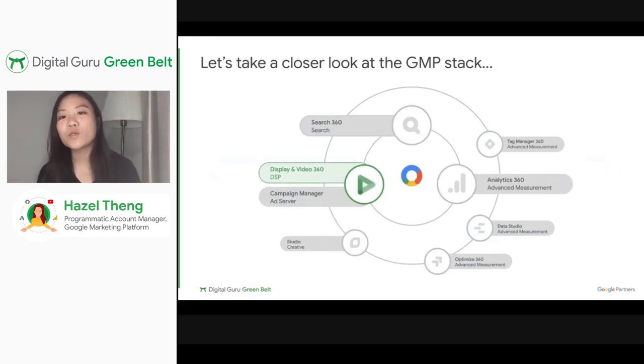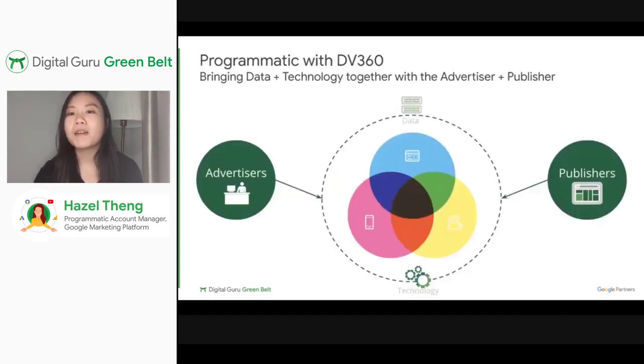In this case, in the Google Marketing Platform stack, the DSP is Display and Video 360, so what we call DV360. So this platform is the main buying platform that links both advertisers and publishers in a single platform and would allow for advertisers to port in data and scale across various channels, publishers, and networks via the ad exchange.